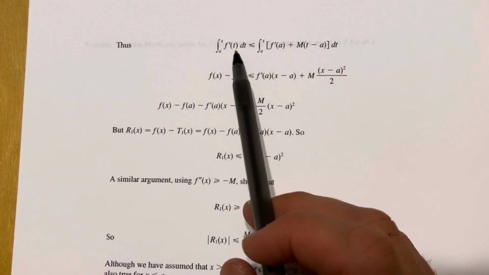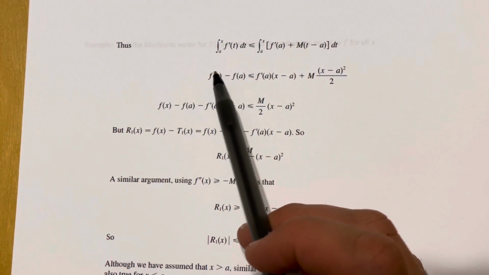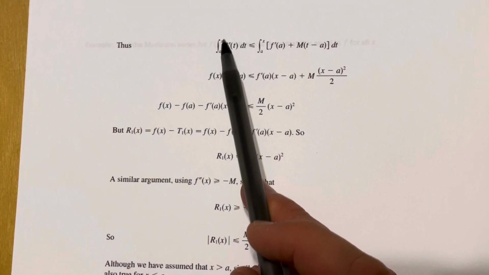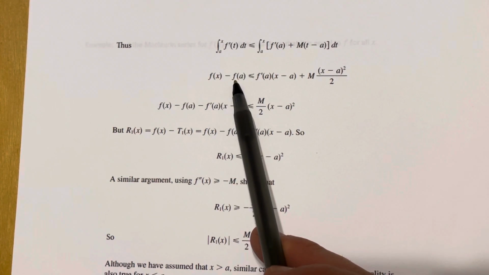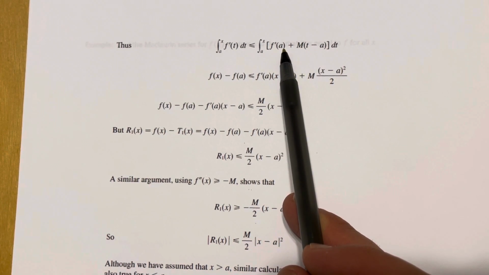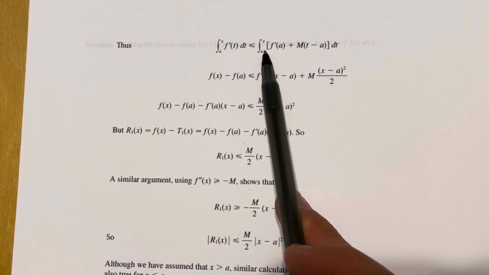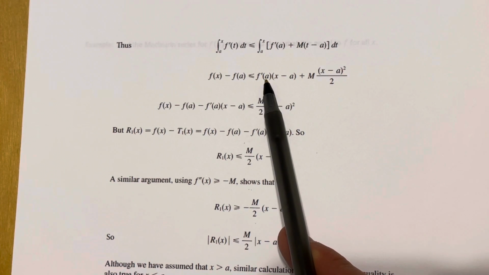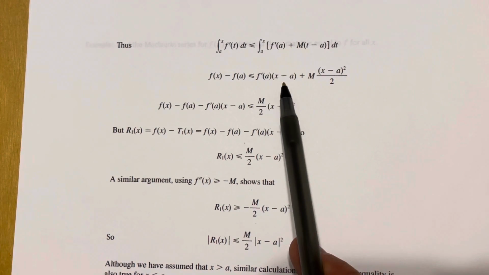But kind of repeating that process, if I were to integrate f prime, I know that an antiderivative for that is just f of x. So evaluating that from a to x, I get f of x minus f of a. That's what this definite integral works out to. Over here, f prime of a is just a constant because we're plugging a number into it, a. So integrating that is going to give me that same constant times the difference between these limits of integration, x